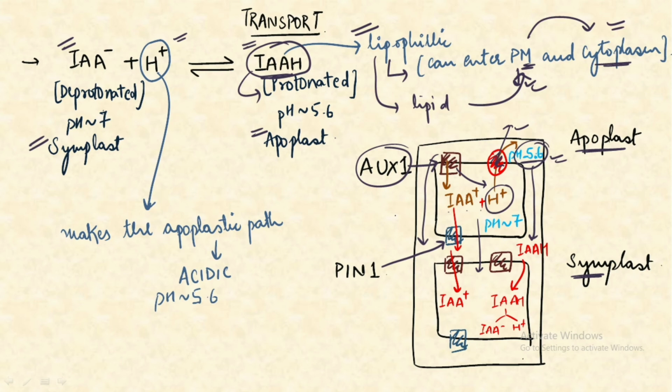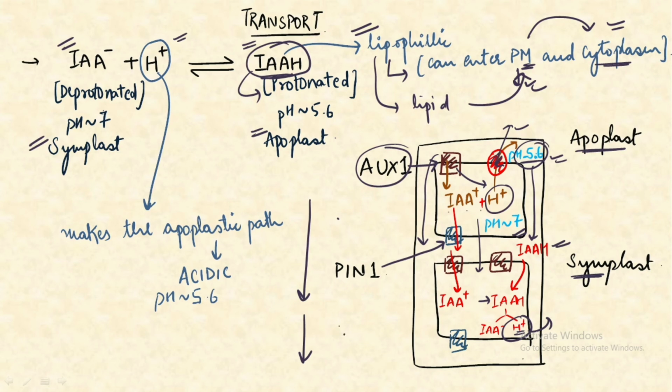And we also have to remember that the protonated form of auxin gets broken down into IAA minus and H plus at the neutral pH, and this H plus again gets out, again it makes the protonated form of the auxin, and this process continues. And in this manner the complete relay race, or the complete cell to cell manner of the auxin transport, takes place from one cell to the next cell.